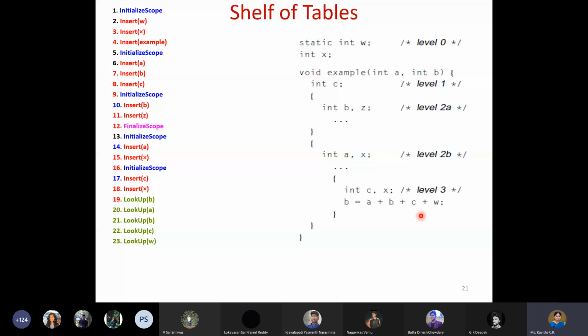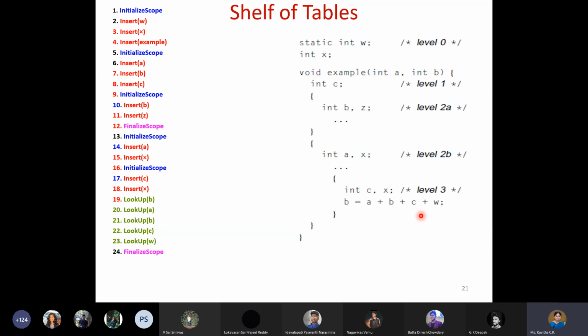How does it happen? I will show in the next slide. It will first see the current level, whether that particular variable is available in the current symbol table or not. If it is found, it will give it, otherwise it will go to the surrounding level and search over there. If it is not found there also, it will go to the next level, it will start decrementing the levels, and then finally, when it finds the value, it will take it. So for W, you will get it only in level 0. For C, we will get it in the current level. For B, we will get it in level 1. And for A, we are going to get it in level 2B. Okay, so like this, it will be done.